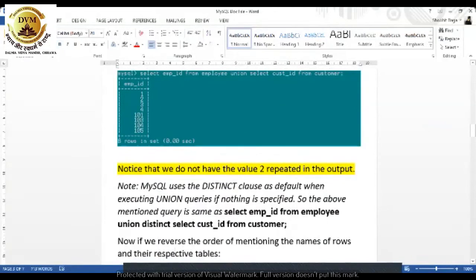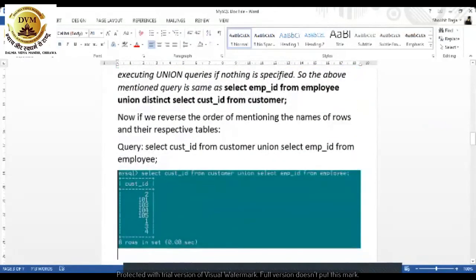It is optional. What if we reverse the order of the columns? Initially, in the first query, we did it with employee ID first and customer ID after it. Now we are trying customer ID from customer first and then unioning it with the employee ID column. Over here, as you can see, we have changed the column order in the output.